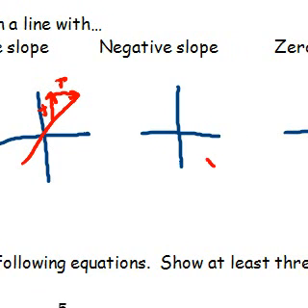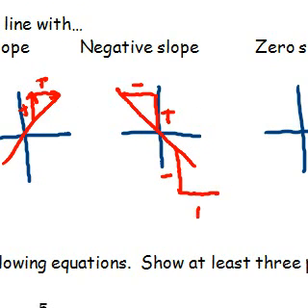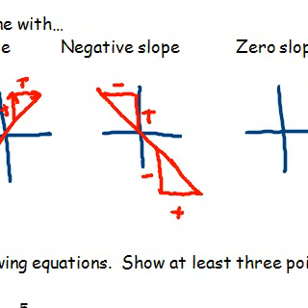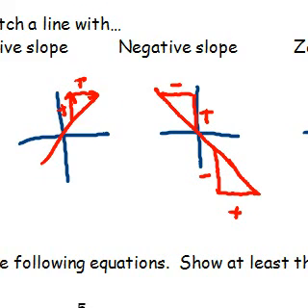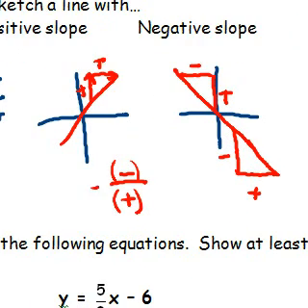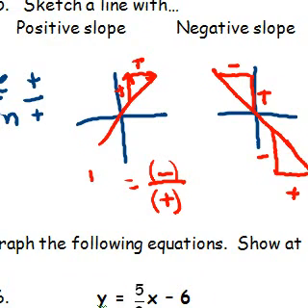Negative slope would look something like this, where our rise is positive in this instance, but our run is negative. Likewise, we could also take a look at a negative rise and a positive run. It doesn't matter which way you go, because a negative in the numerator of a fraction and a positive in the denominator of a fraction is the exact same thing as having a positive in the numerator and a negative in